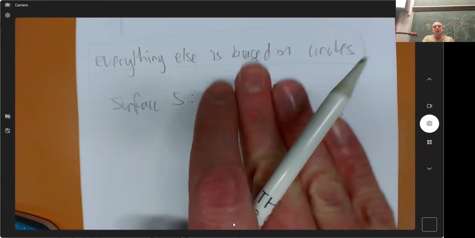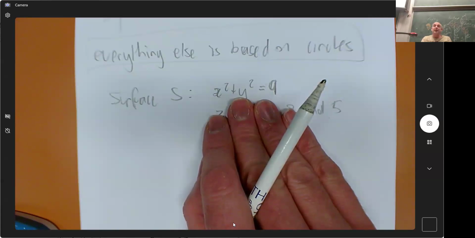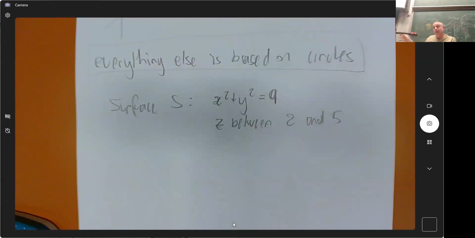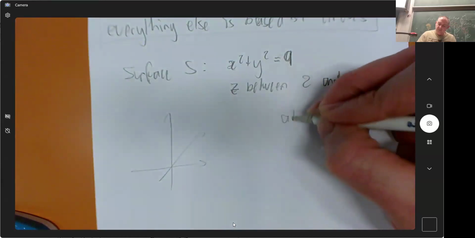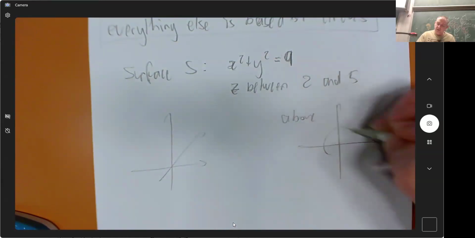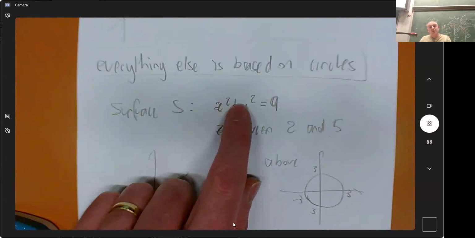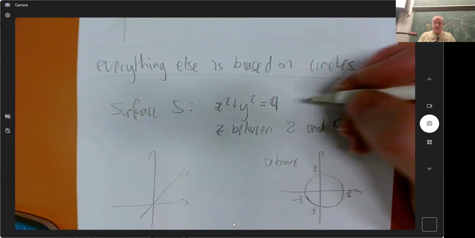But this is the version of making a surface which could have come out to lots of different numbers, and today it's come out to 9, and I'll color in all the points in space where it comes out to 9, and that will be my surface. A parameterization is the opposite, where I describe individually what every point is. So I need to imagine what this looks like. I know that from above, it looks like a circle of radius 3. So that's the other thing to know, that x squared plus y squared equals number is a circle.